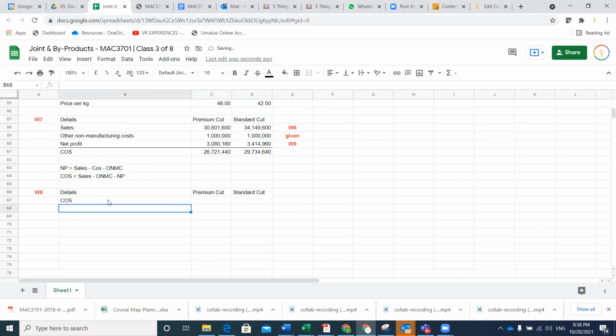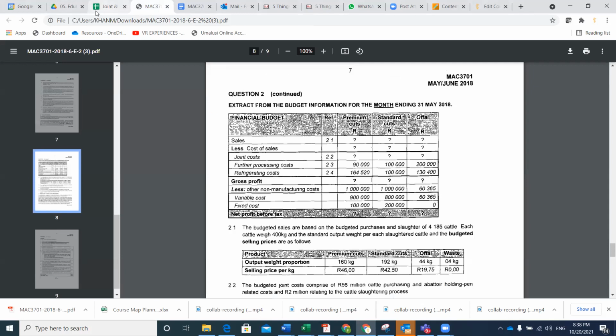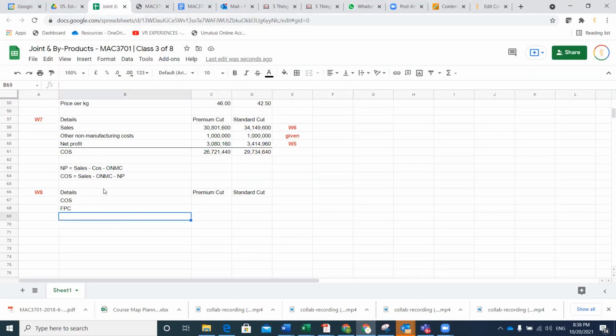So therefore cost of sales is made up of 3 things, right? But we don't know the one. So we know there's further processing costs, and I don't know what was the other one now. There is refrigerating costs. So that must then equal to joint costs, or net joint costs. So therefore, if that equals that,